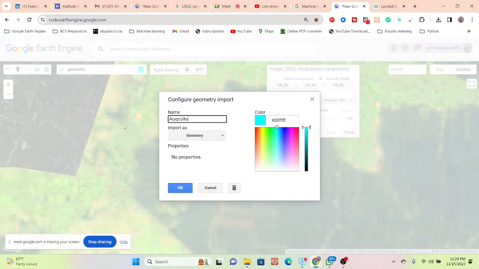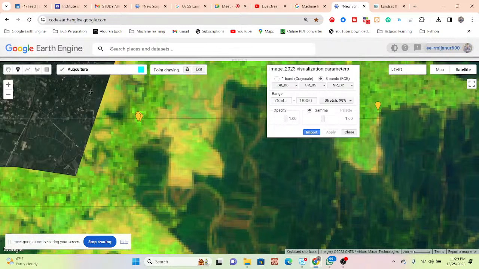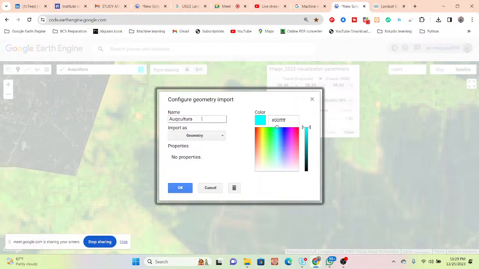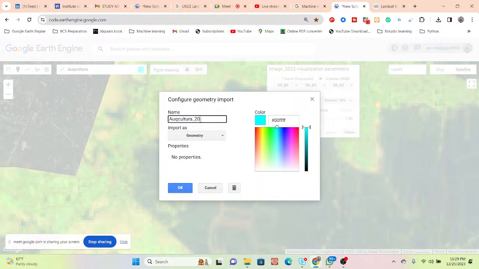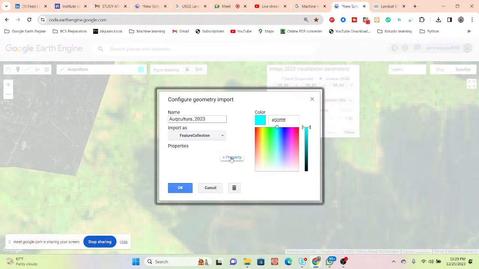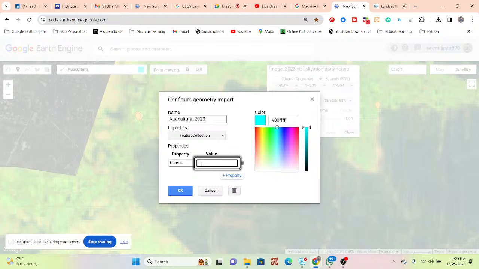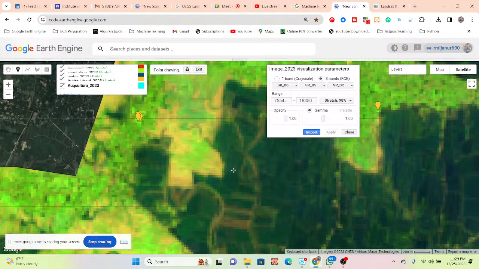aquaculture. Also mention the year, so aquaculture 2023. Feature collection, property set it for the class and set the value to 4. Okay, so 04.